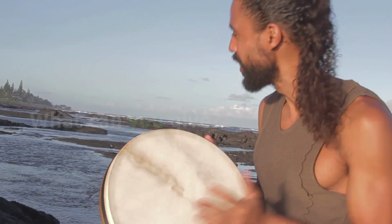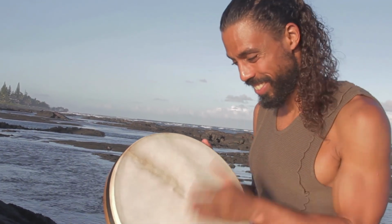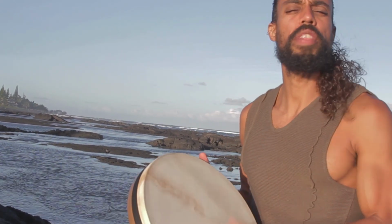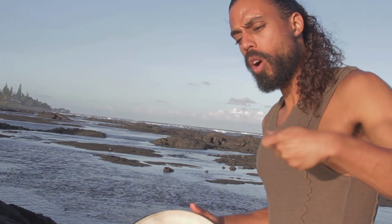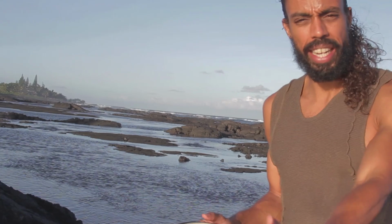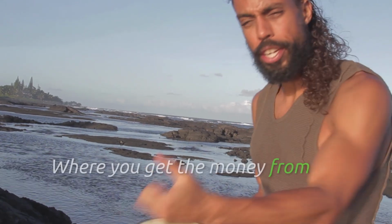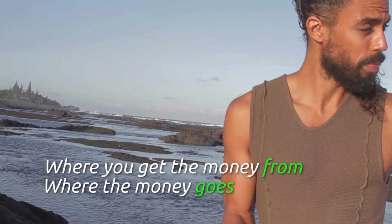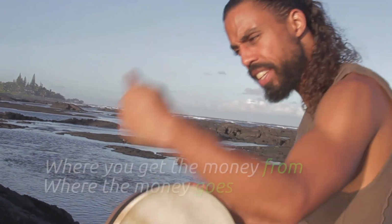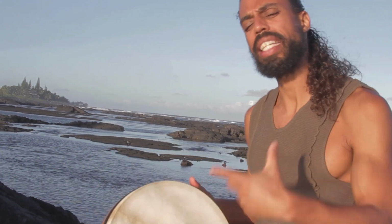Is it music? Is it a smile? Is it a heart-filled hug? Or is it more than that? Are you actually offering your financial means, the funds that you are developing or creating? Is that sustainable, right? Where you get your money from and where the money goes. How are you offering this extension to life so that the giving, the cycle, is taking place? How are you creating that system that is closed, that is cultivated, that is regenerated beyond this